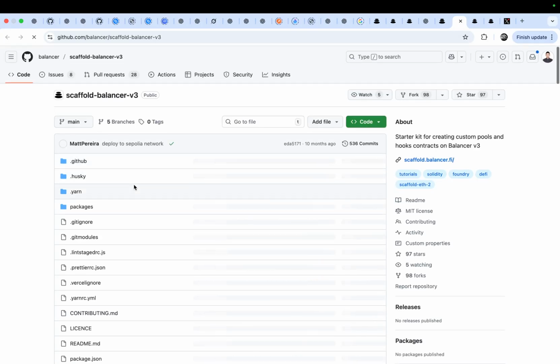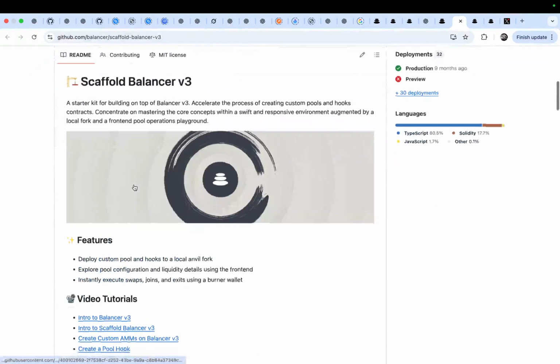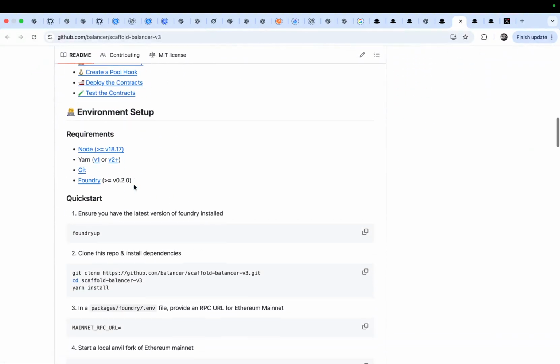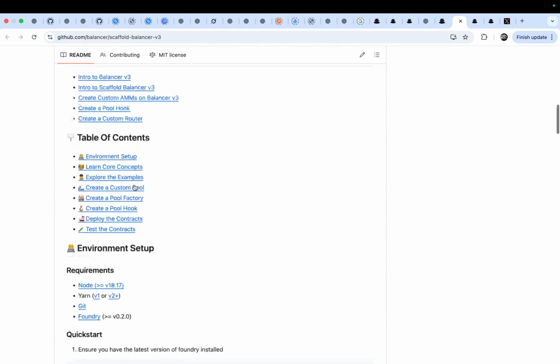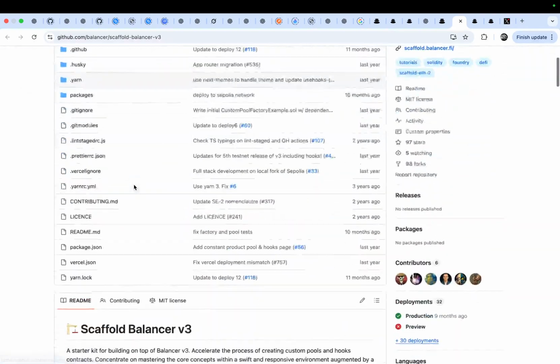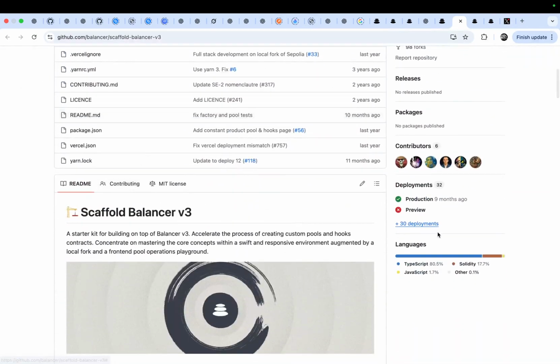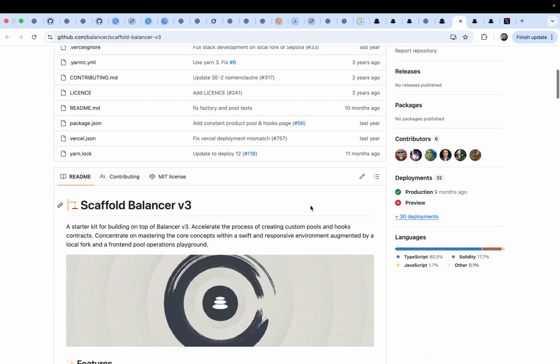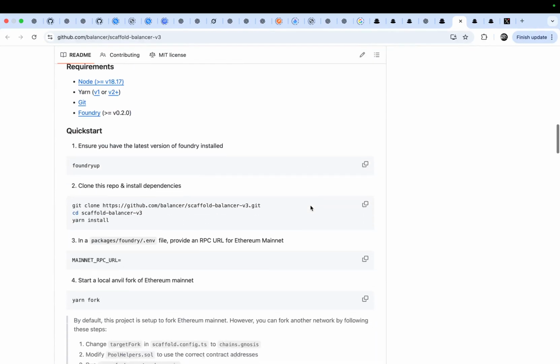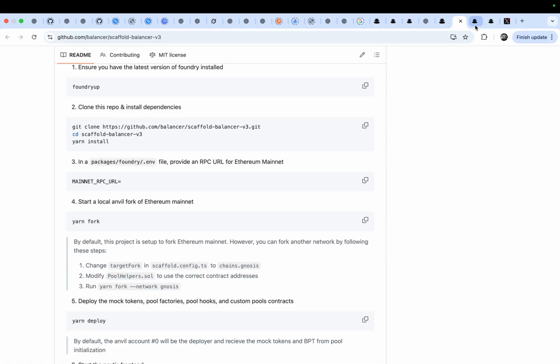Let's look at this, the implementation of the smart contract using TypeScript and Solidity as the main languages. Okay.